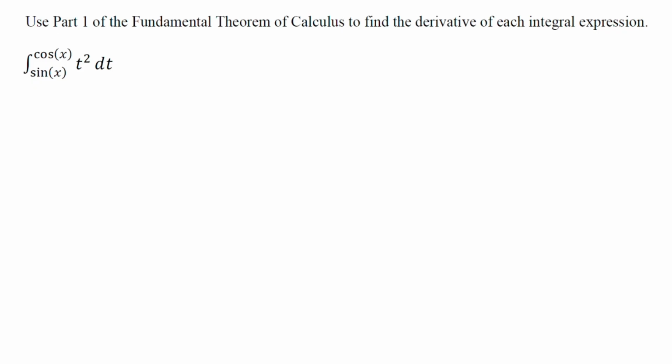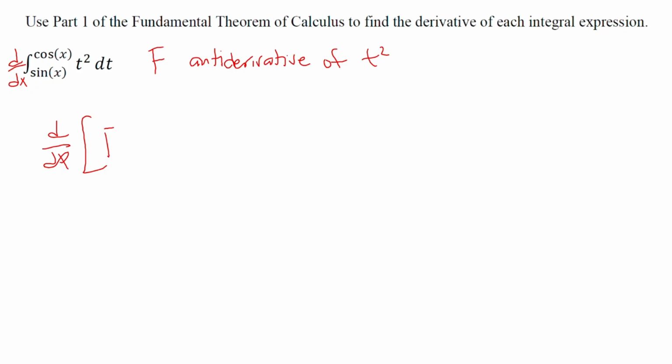We'll use the same process here. Now we're just doing the integral from sine of x to cosine of x of t squared. Now we know what the integral of t squared is, but remember that we're looking for the derivative of this, so it doesn't really matter what the integral is. We'll just call capital F the antiderivative of t squared. And so we end up with the derivative of capital F of cosine x minus capital F of sine x. Well, we know that the derivative of capital F is just t squared, right? So this just becomes